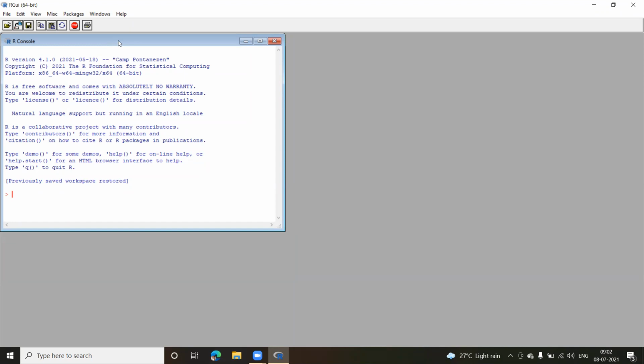Now, coming back, last time what we did was we created a vector, and a vector is nothing but a collection of elements. Okay. And you can use the C function, also known as the combine function, to combine all these elements.